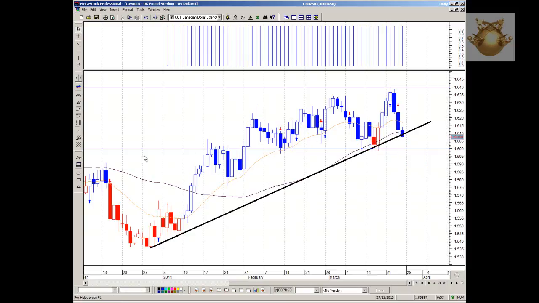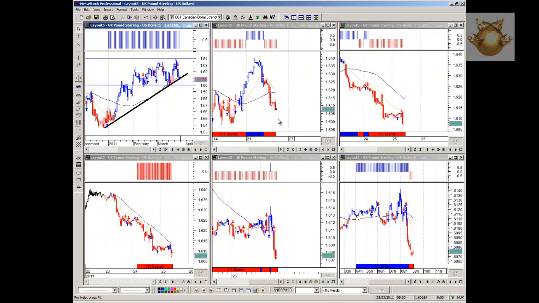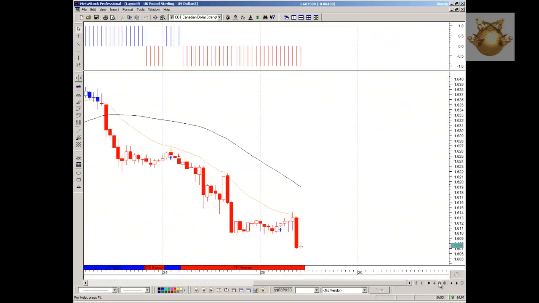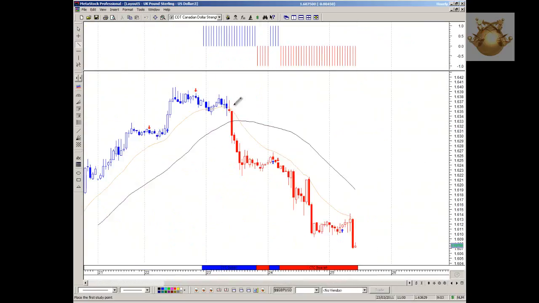So 1600, once a strong resistance and then a support area, would be the next preferable target for this pair. Intraday, you can see how the price has found lower swings going into the European session open, traded sideways during the Asian market,